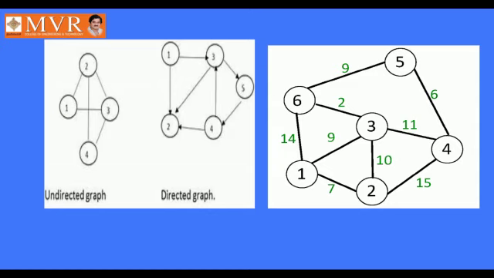The graph which contains weights on its edges, meaning the numbers, are known as weights. From vertex 5 to vertex 6 there is an edge, and the cost or weight of the edge is 9. Since it contains numbers on the edges, it is called a weighted graph. If the graph does not contain any weights on the edges, it is called a simple graph